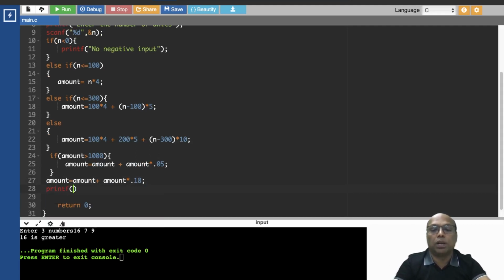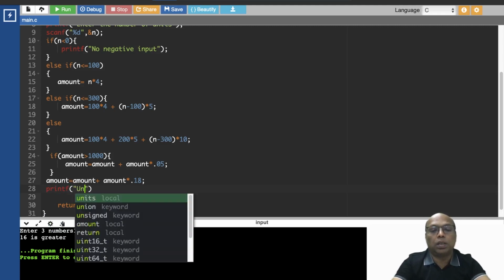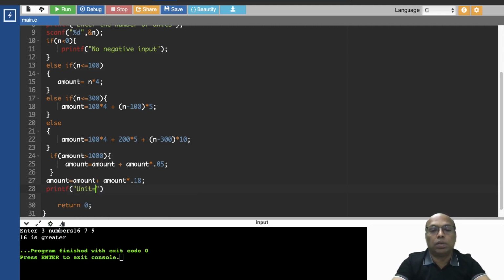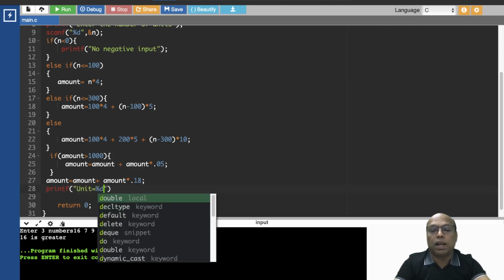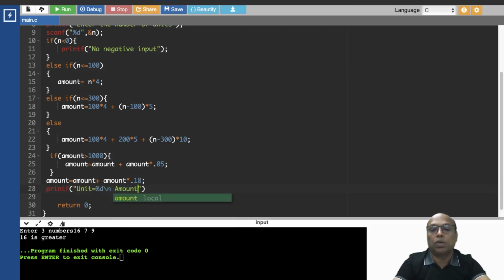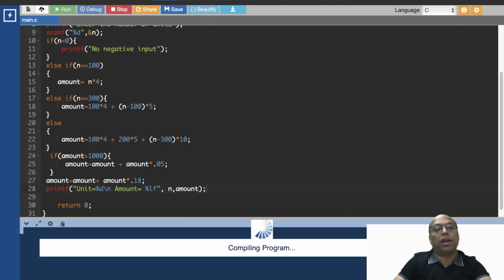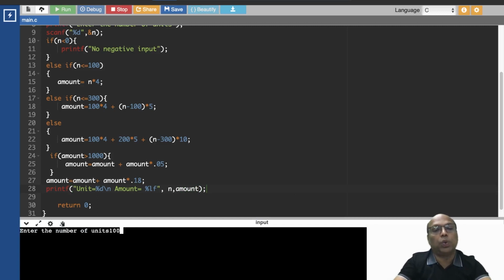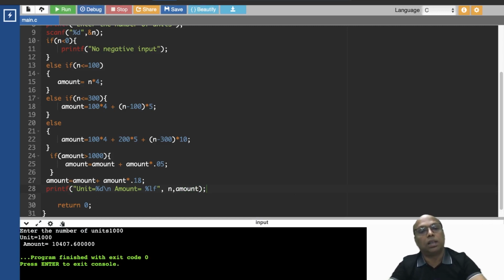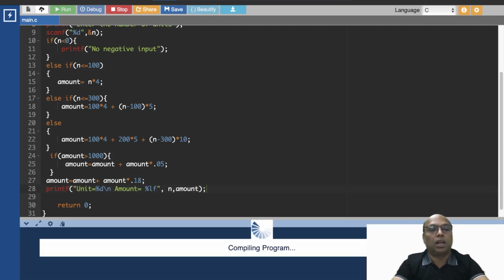Now I need to display the amount and the unit. Printf, the unit is equal to %d \t, and the amount is equal to %lf, comma, what should I write? n, comma, what should I write? So if I enter right now 1000 units, I get unit 1000 and the bill is 10,000. If I enter 600 units,